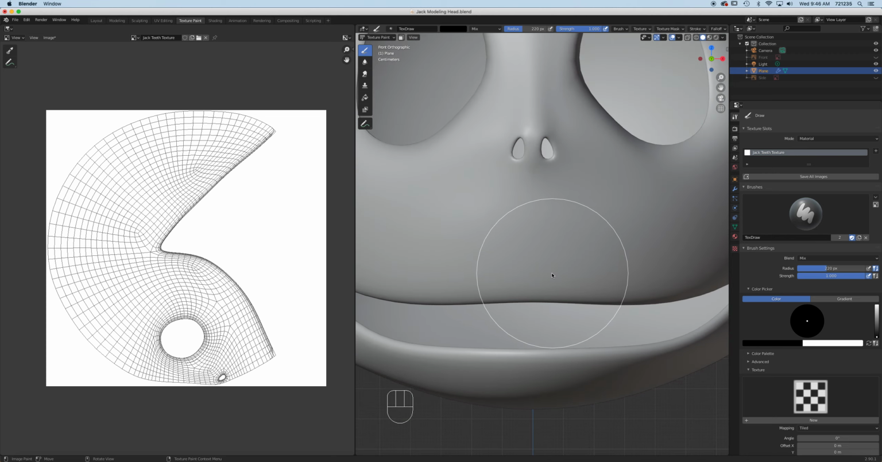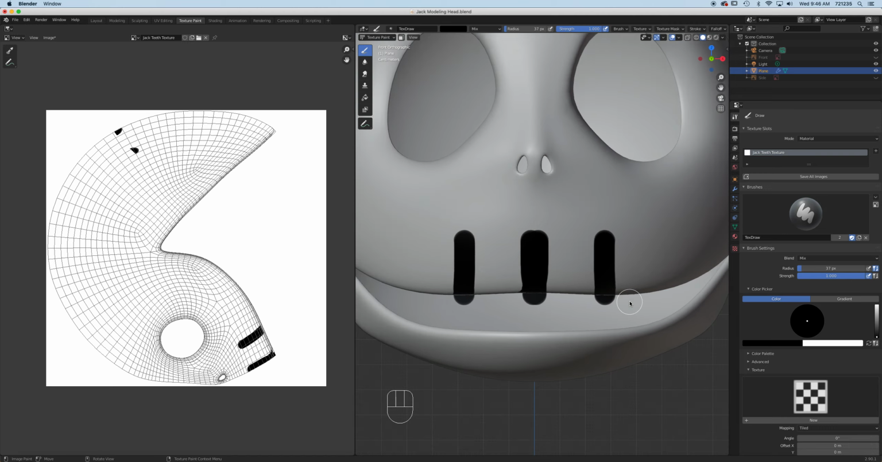Let's set the teeth position first. I'm going to press F right here to lower the brush size. And I'm just going to go right here. Oh, it's way too thick right there. All right. That's for the front. Okay, and then I'm just gonna go like this. Just kind of distributing the